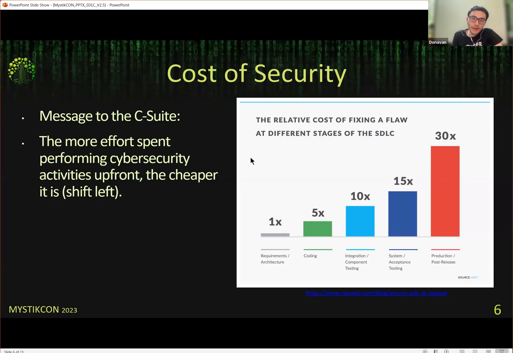And how expensive? So you see that we have a chart here, and this shows the relative price of security. So security doesn't come cost-free. And we all know, since security is not a revenue generator for these projects, essentially it is an exercise in cost management. So the more effort you put in front to identify your security risks, design various mitigations, or put in place certain design principles to deal with these potential risks and to try to minimize them, the cheaper it will be when you go to the later stages of the project life cycle.